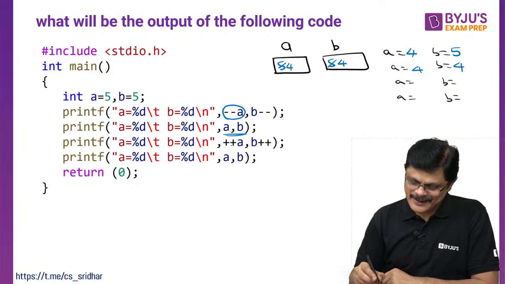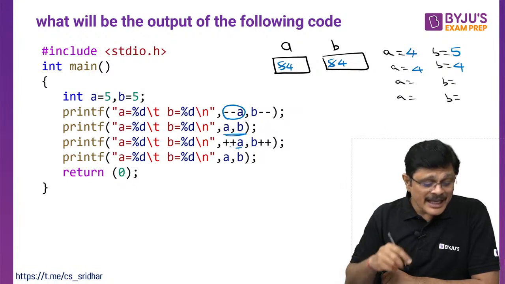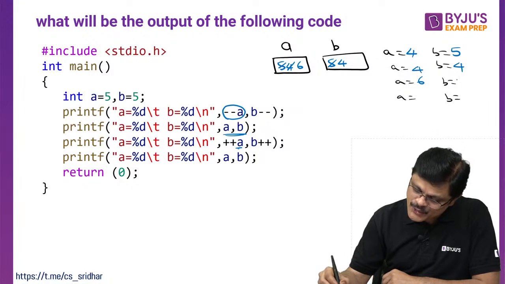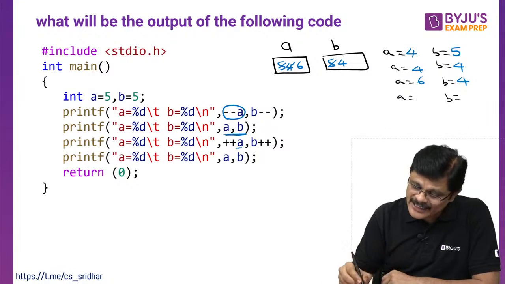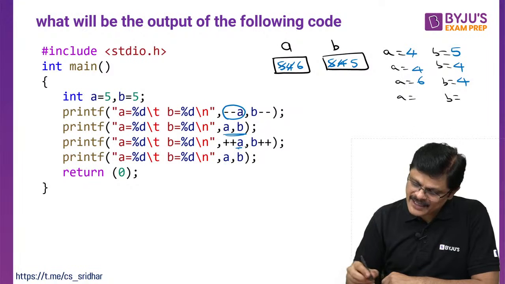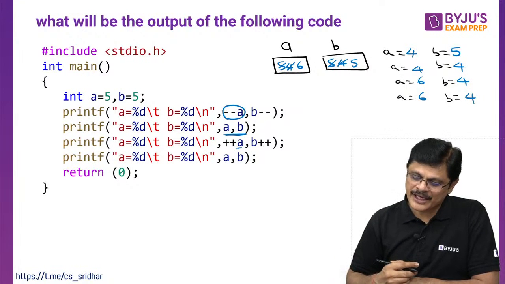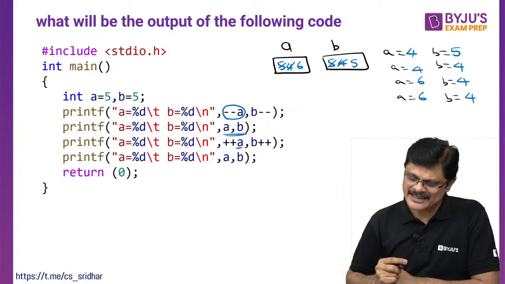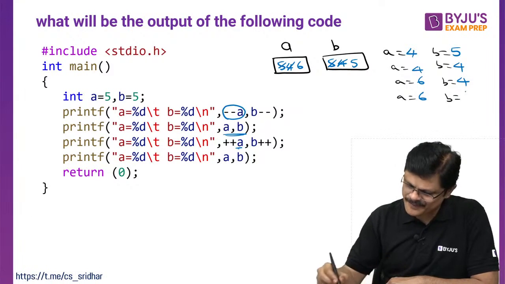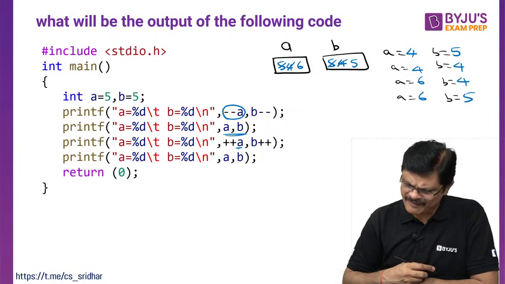Now in this case, A is pre-incremented, that is, it is incremented and printed, but B is just used. What is the value of A now? 6 gets printed and B is used, that is, B is printed, then it is updated to 5. So now what are A and B, sir? A is 6 and B is 4. So you should get 4, 5, 4, 4, 6, 4 and 6, 4, my dear friends. Is that correct? 6, 4, I think 6, 5, no? Last one I made a mistake. No one told me. 6, 5, last one. Sorry for that. Yeah. 5, 5, 5, 5, 6, 5, no?